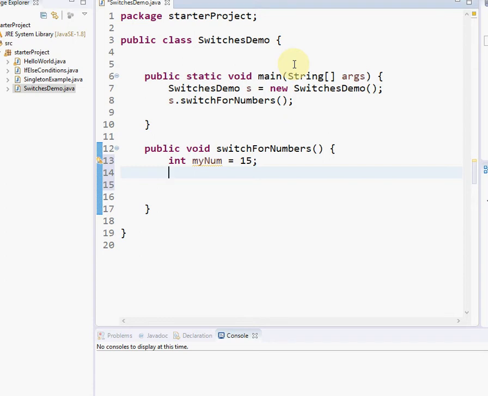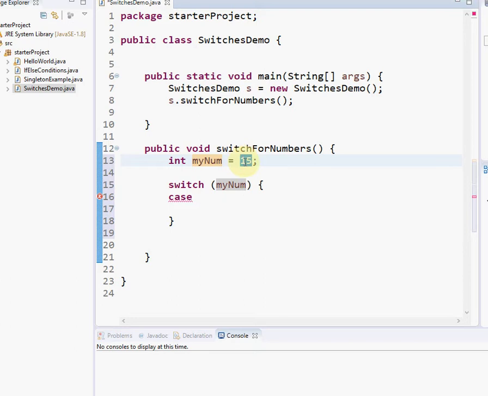So the very first thing you need to understand is how the switch works. You write switch, and within the parentheses you give the variable you want to switch on, and then the switch block contains the cases. So it would be case number. Now you need to pass the number as in what if the number is this, what if the number is that, right? So what if the number is 15, you just give it here,